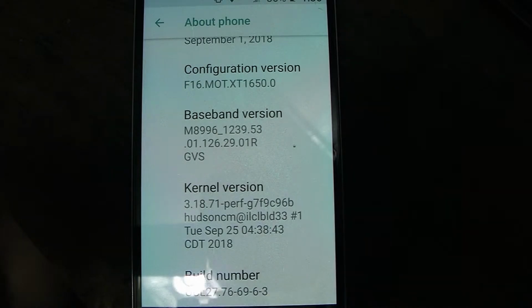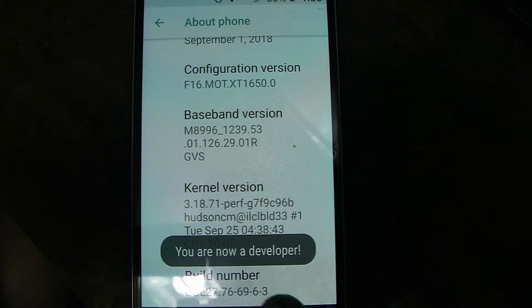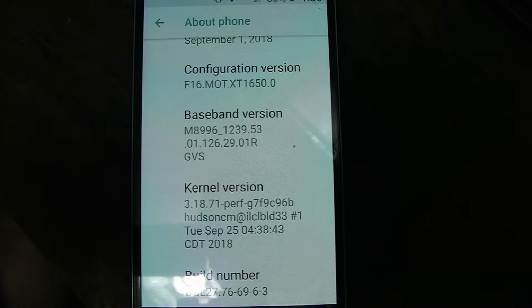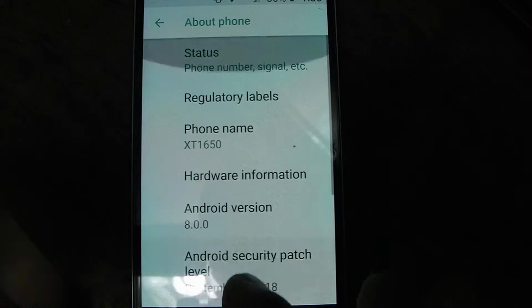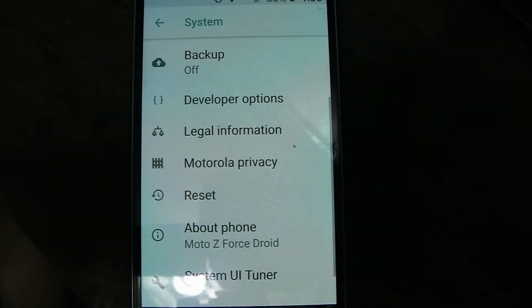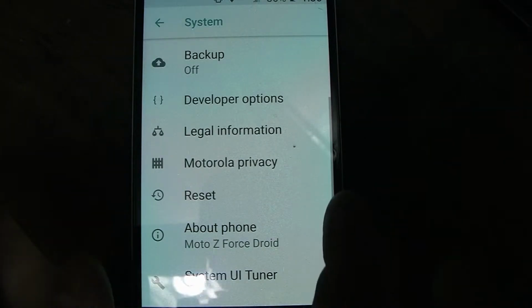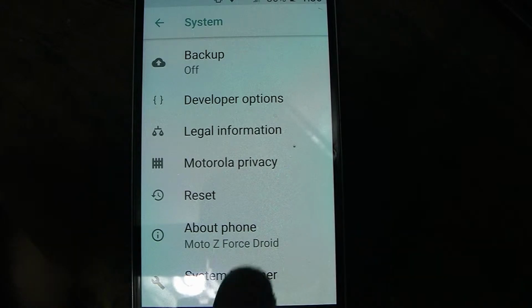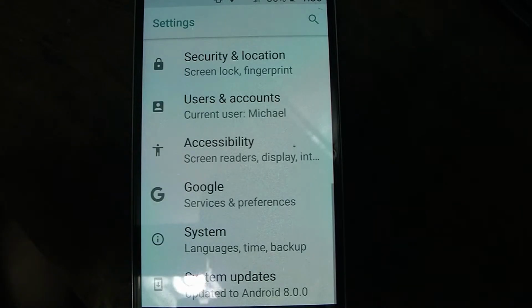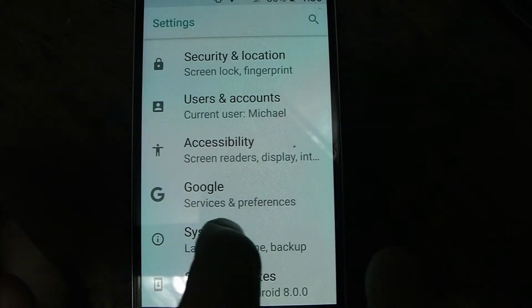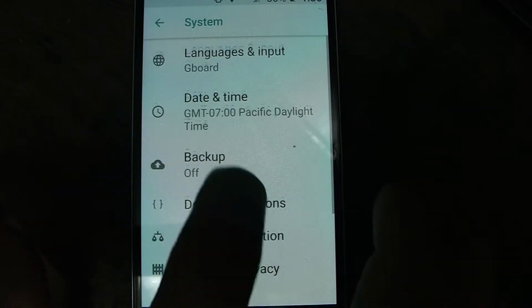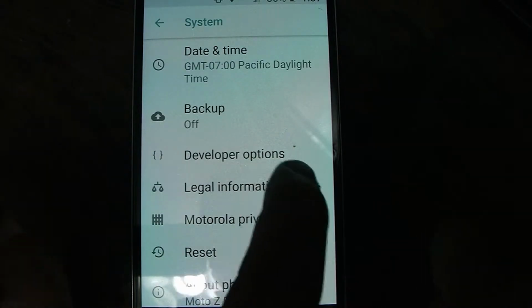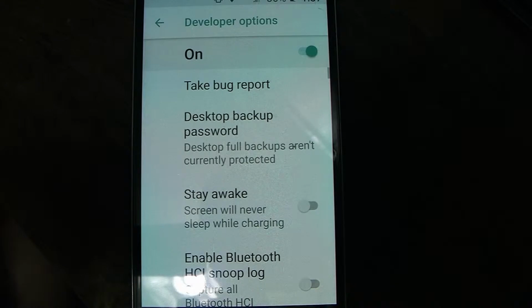and then build number. When you're on build number, keep pressing it, and if you press it a number of times, you'll unlock your developer options, and that gives you some added features on your phone. Now when you go to System, you'll see developer options here, and you can click on developer options and you'll see it says on. You can turn it back off if you want,